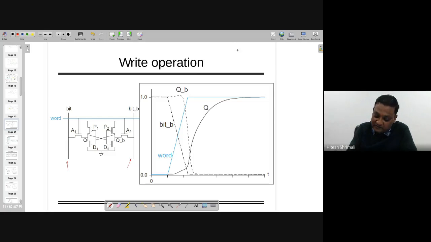Because in phase 1, it's a pre-charge where bit and bit bar both are equal to VDD. Whereas in phi 2, you can perform the operation of read and write. So read, already we learned how to do the reading, but how to do the writing part, let's look at that. So as already mentioned over here, let's make the new